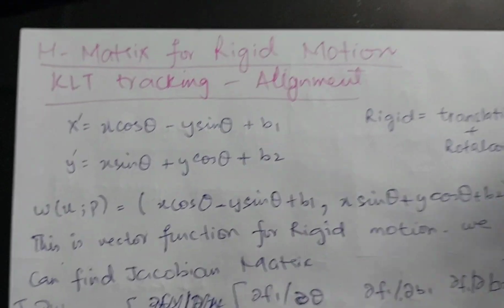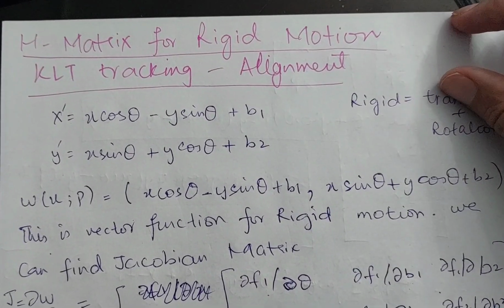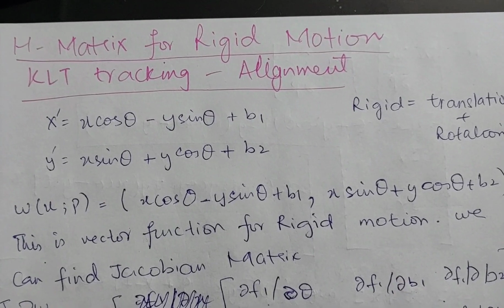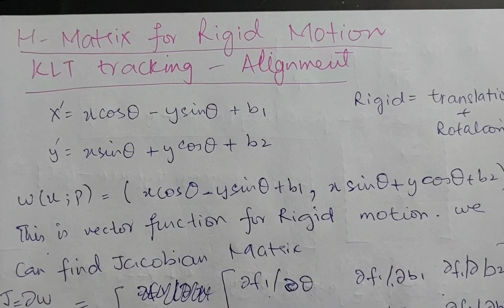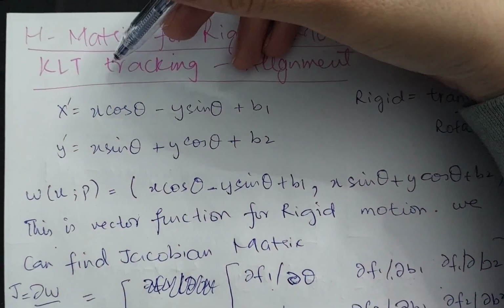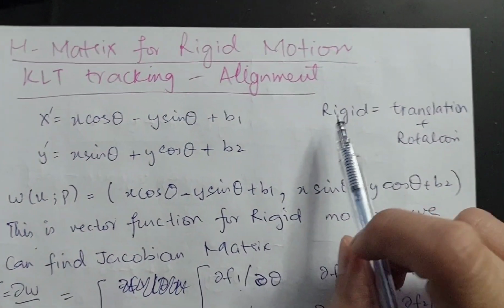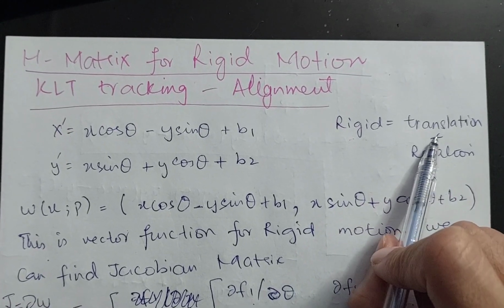These H matrices are very important to find for the rigid motion when we are applying KLT tracking alignment. We want to align the motion vectors in the consecutive frames, and we want to do tracking with the help of the KLT algorithm. So first of all, you need to understand that rigid motion is a type of motion in